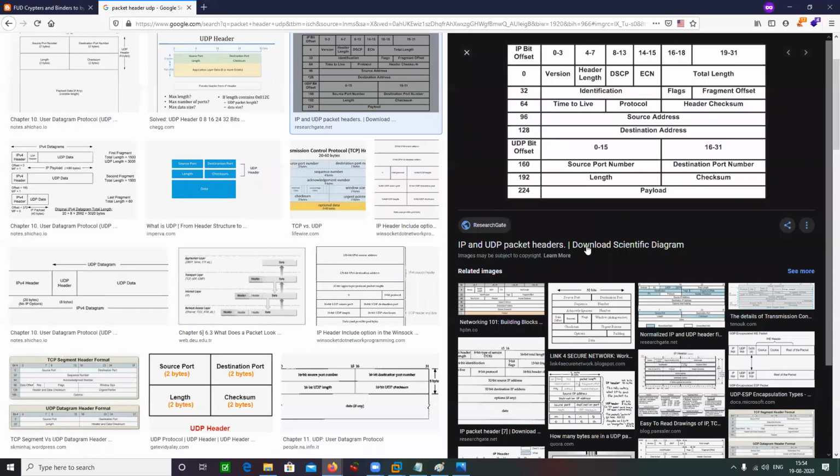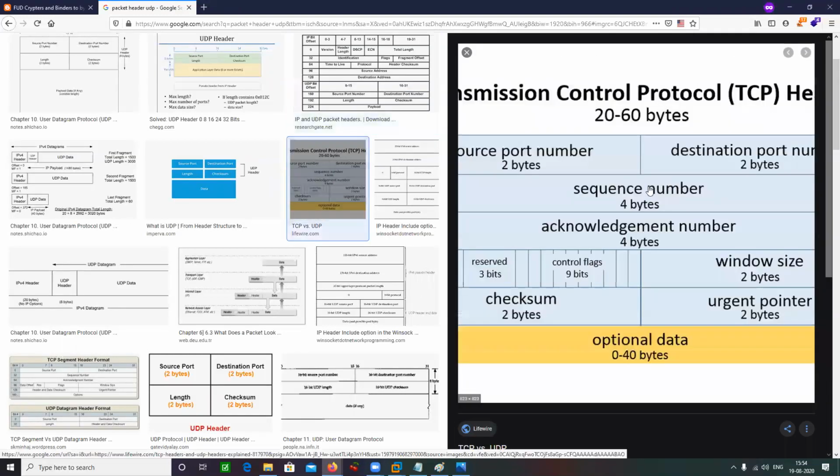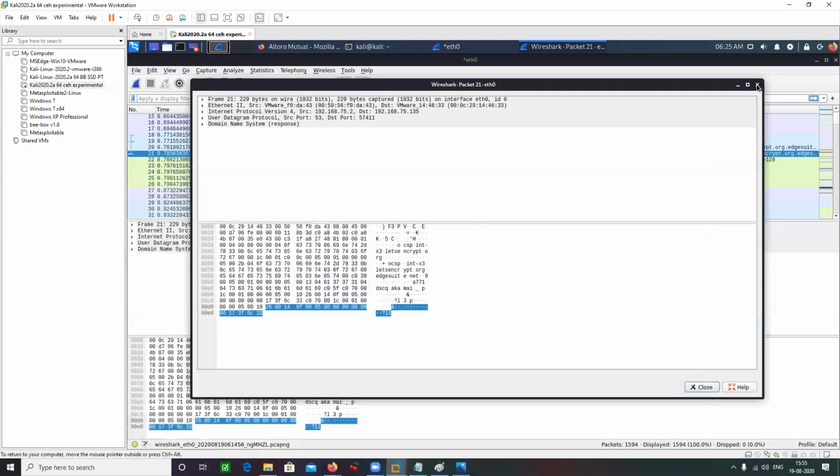No, this is not TCP, this is your IP header. This is how your IP header looks like, and this is how your TCP header looks like. While doing a practical packet analysis, you must be very well versed with all these protocols and their headers, so that you can make sense out of the analysis.